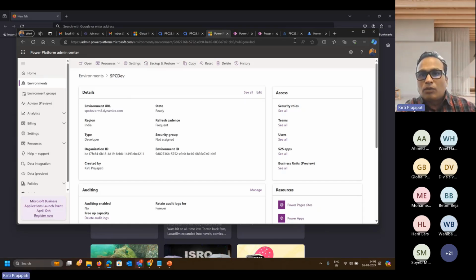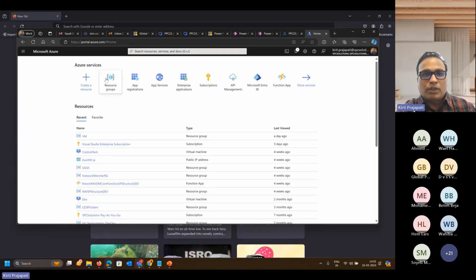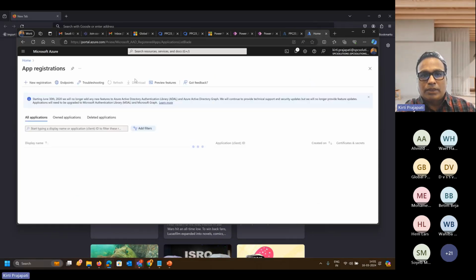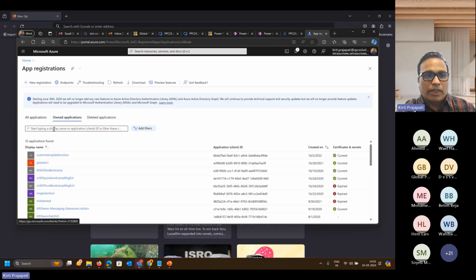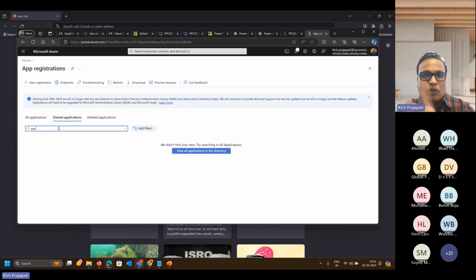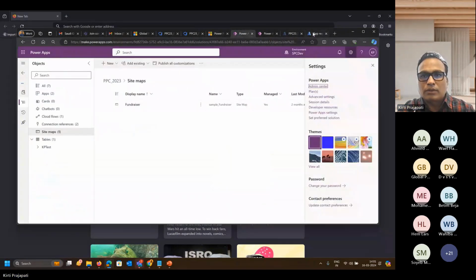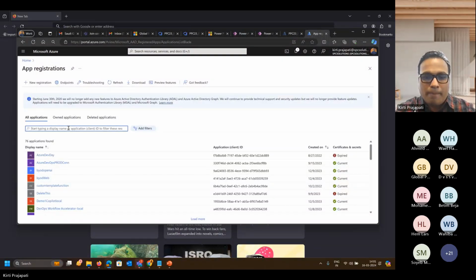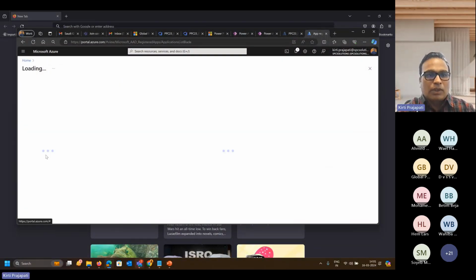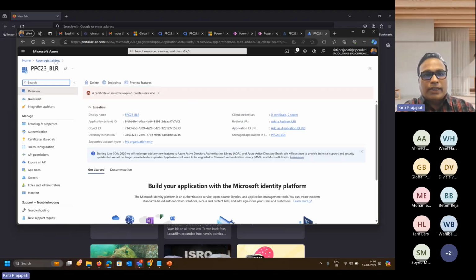That's one thing. Now, whenever we go to the Azure portal, we have to create an app registration as an enterprise application. One I have already created, but you have to create one registration which can allow you to connect your Power Platform and Azure DevOps. So here I have just created that. Select that. This one. So I have created this app registration where you have to set up your